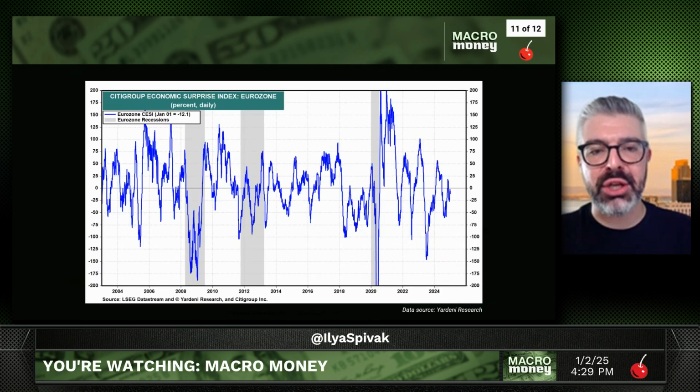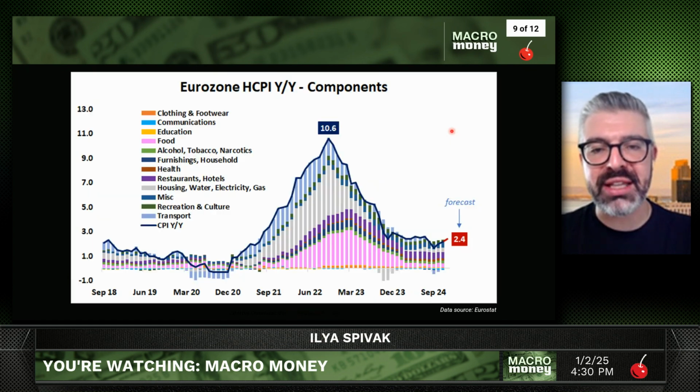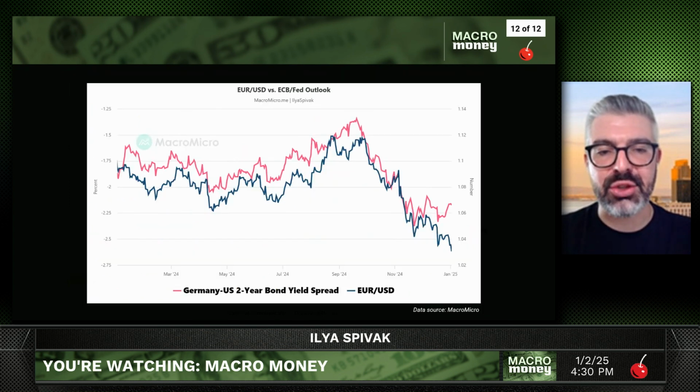Moreover, if we take a look at Europe's economic surprise index, we can see that we're very close to the zero line here. So we're a little bit under, but very close. So data is coming out very close to expectations, if not on expectations. So the conclusion then would be we're probably going to get something in the vicinity of this number or close to it. And of course, if we take a look at the way at least the euro has performed, it has been very much a creature of the yield spread.